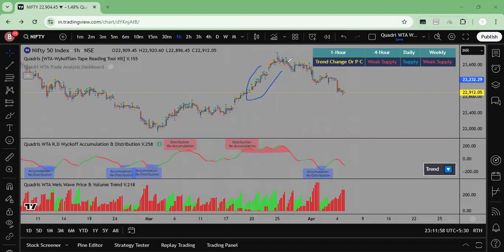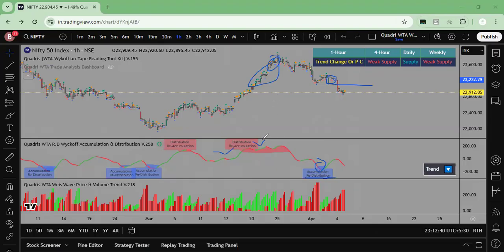So this was a distribution taking place. Though we can trade this entire price move ranging within these particular days, it clears our bias that the price is definitely going to go upwards. After that, we got this accumulation after the entire distribution, and this has shown us that this was not accumulation. Like we always see, with accumulation there is a redistribution written, and with distribution there is reaccumulation written.